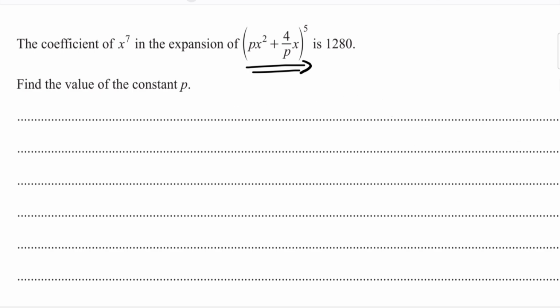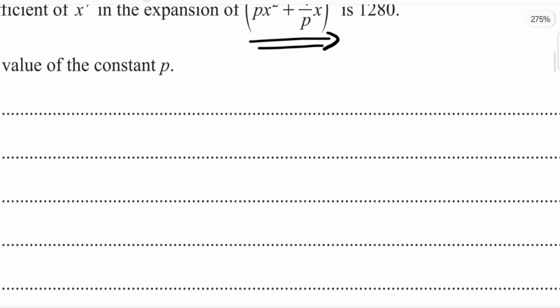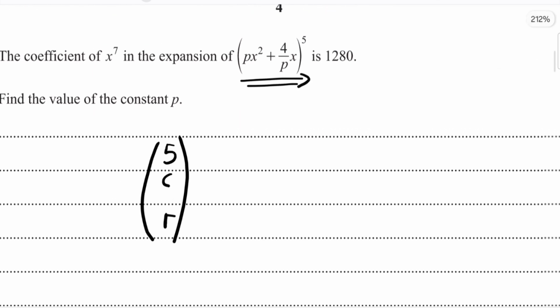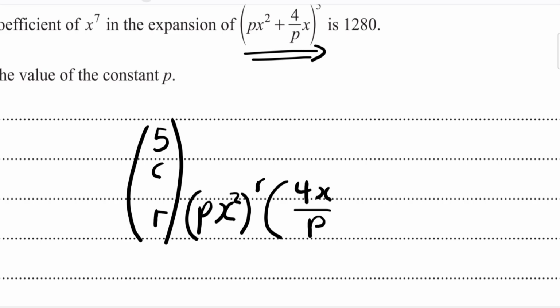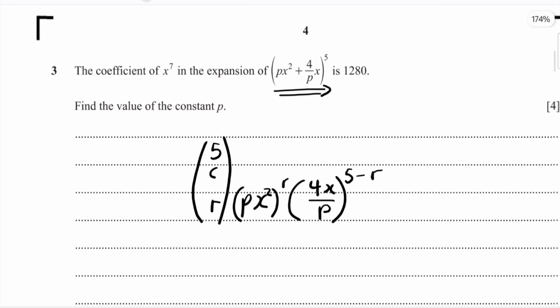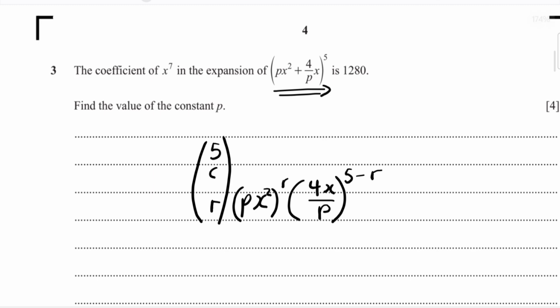And so in doing that, we'll say 5 choose, let's call it r, right? Then we write px² being raised to the r, then 4x over p being raised to 5 minus r, like this, right? So we know that